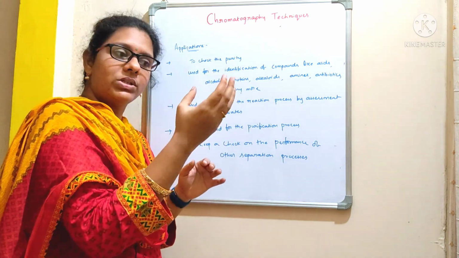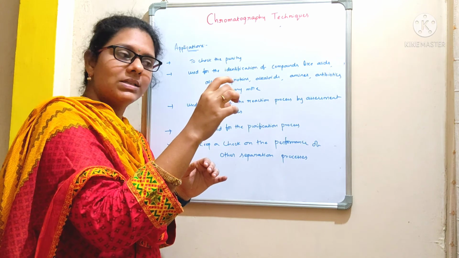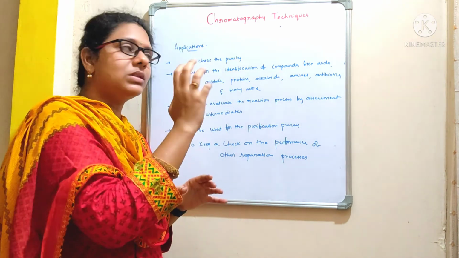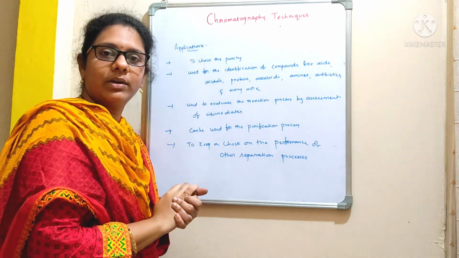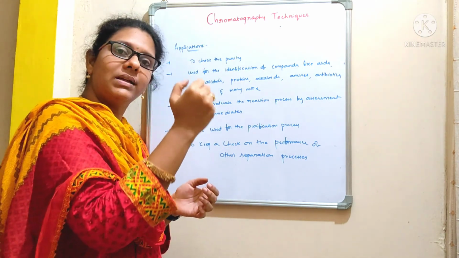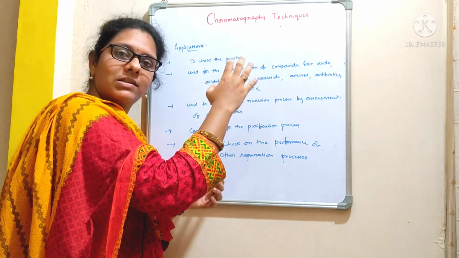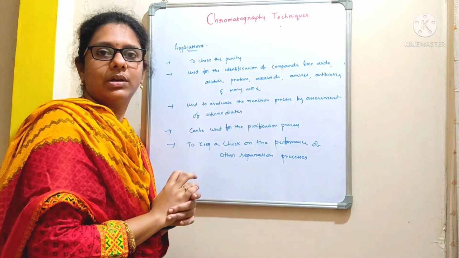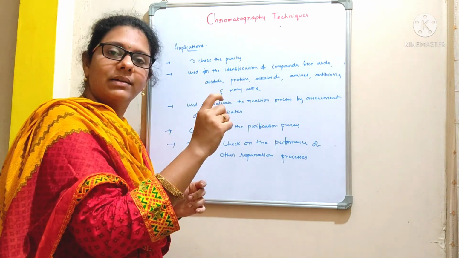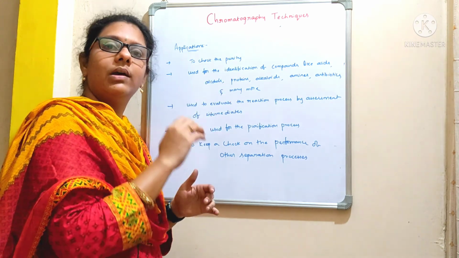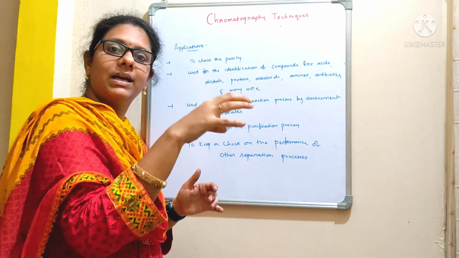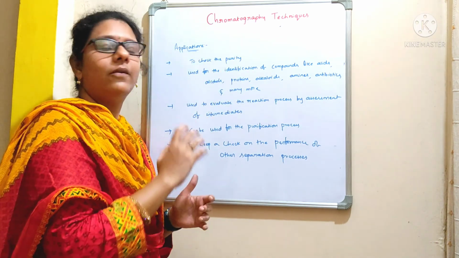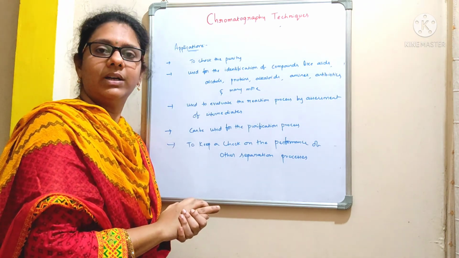And if we want to check whether that particular eluted sample has a single compound or multiple compounds, again we can cross check with the help of the thin layer chromatography technique, where we apply that sample onto the TLC sheet as a spot, and we can determine how many compounds were present in that particular elution. If we get a single band, that indicates the presence of a single compound. If we get 2 to 3 spots, that indicates the sample contains 3 different compounds. In this way we can assess with the help of the thin layer chromatography technique.